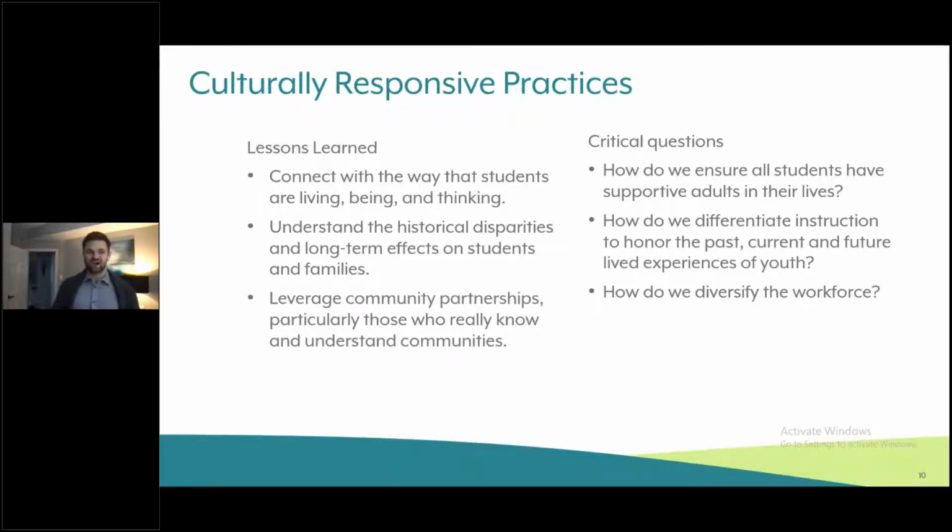How do we differentiate instruction to honor students' past, current, and future lived experiences, right? So we don't want to just think about their past, but think about their future. What do they want? What do they want to be set up for? How are they going to reach their goals? And helping students make those connections now really helps them set strategies that they can engage in then